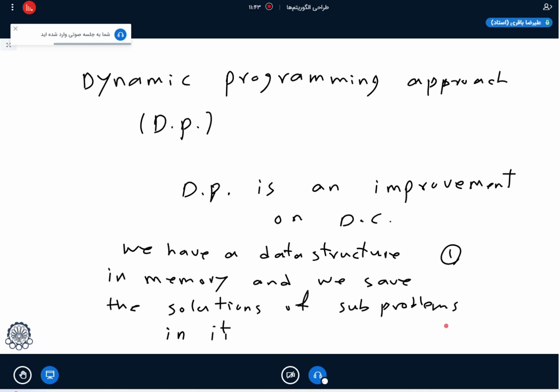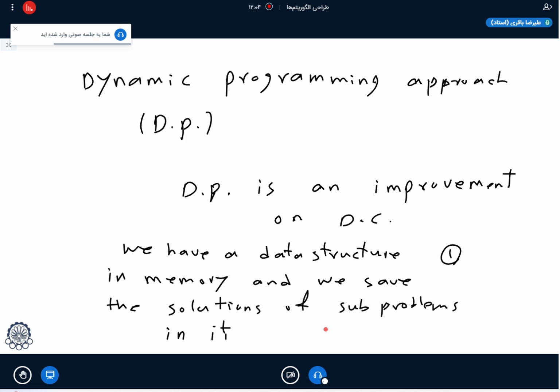So if we have duplicate subproblems, I mean subproblems that are the same, subproblems that are similar to each other,